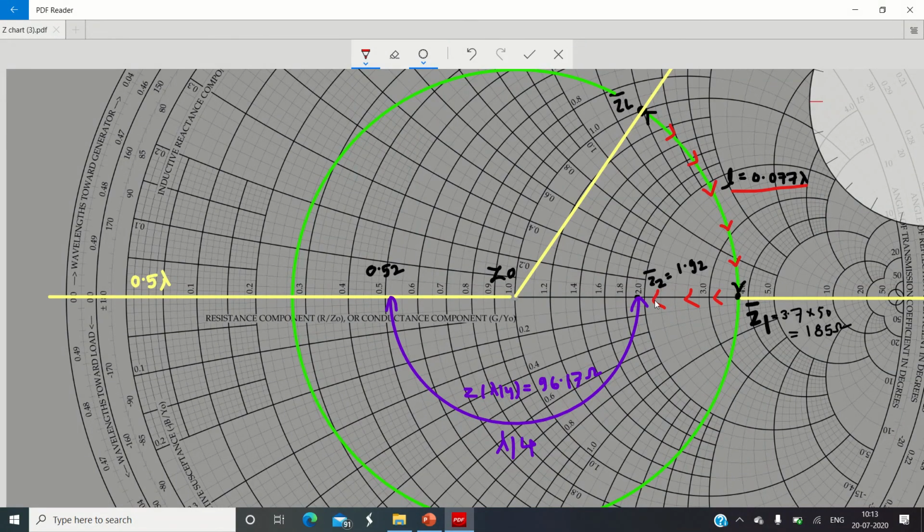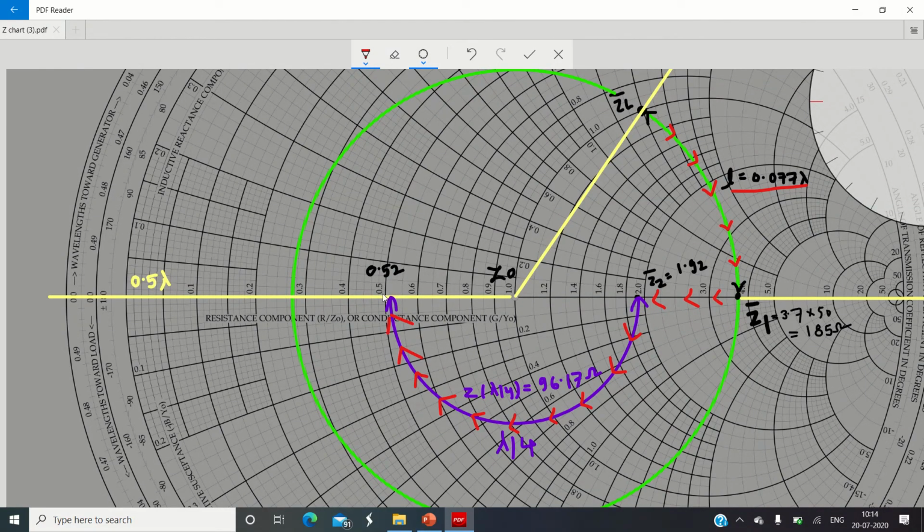So from Z2 bar we moved to this particular point on the other side of the real axis. So we traveled on this particular line in this way on a quarter wave transformer, please remember. All the red arrow diagrams are showing how we made the movement in order to match the complex load impedance into Z0. So we reached over here, and then finally we have found out the intersection.